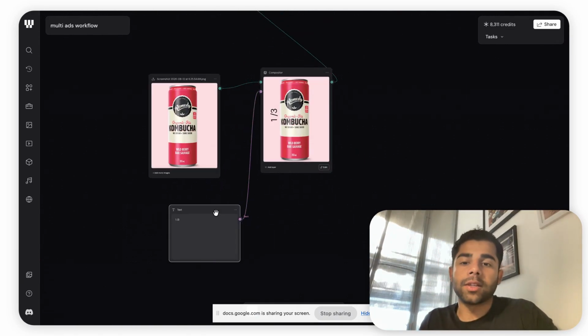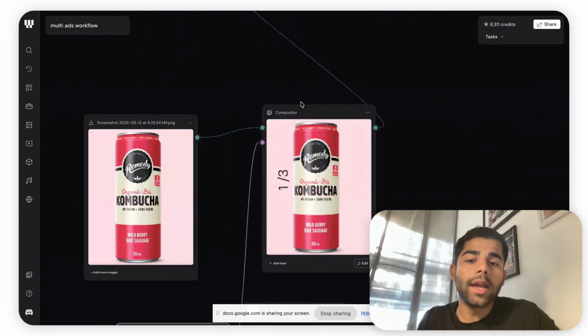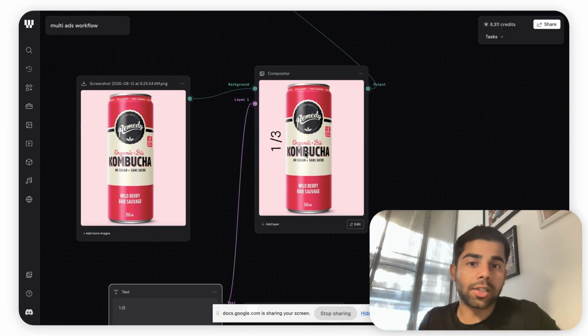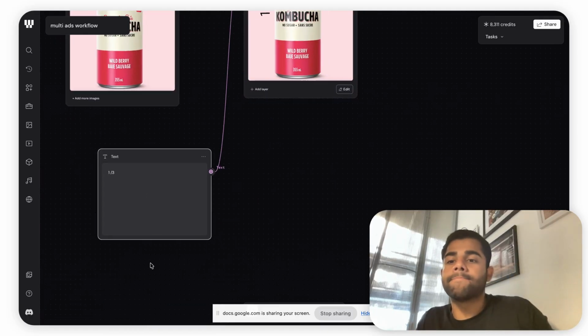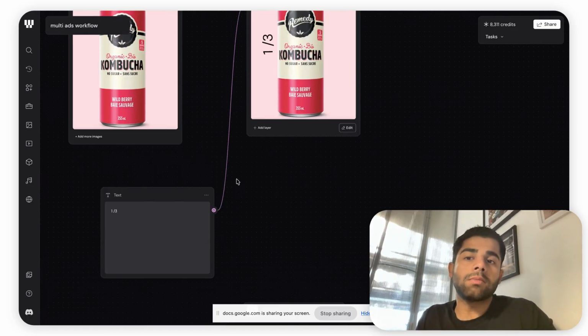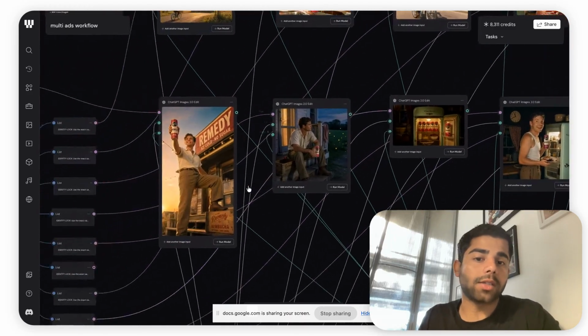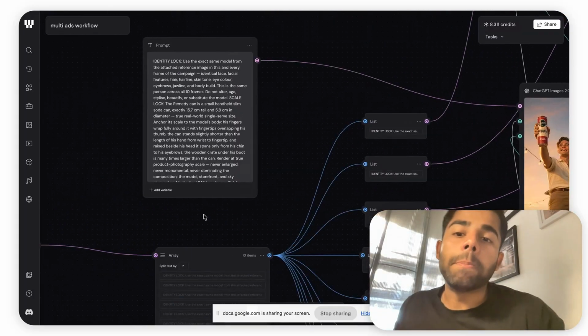So when you turn this workflow into a tool, this would act as one of the inputs, and you'd have another one of these and add it into the compositor node. You get the idea, I hope. And yeah, you enter the dimensions and your product image, and you hit run, and you get the concepts ready to go. Another thing that you can do is build